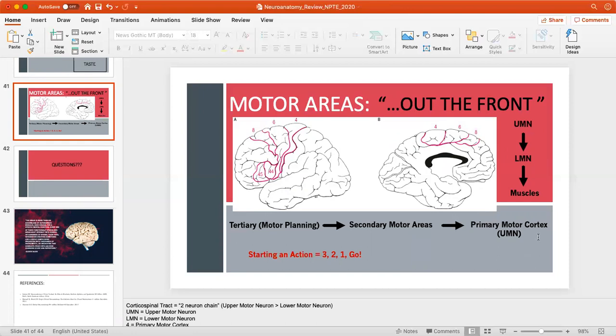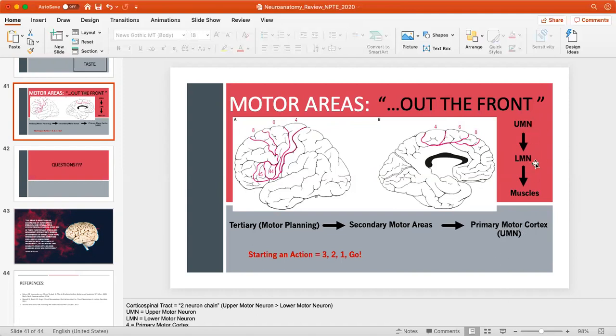the primary motor cortex, which we know is going to be the beginning for this corticospinal tract and is going to contain cell bodies of those upper motor neurons. So in that primary motor cortex, this is really going to be the initiation of a motor action or muscle instruction. And so from that upper motor neuron, from that nerve cell body in the primary motor cortex, it's going to travel down the axon in the spinal cord